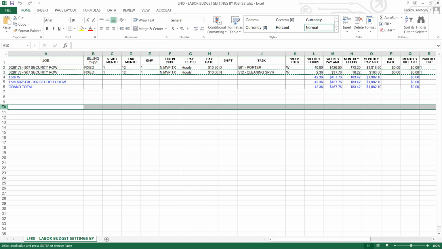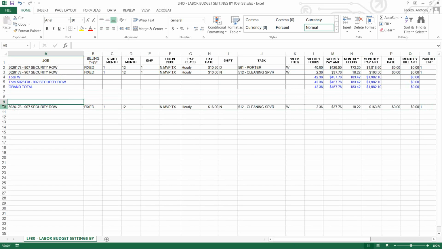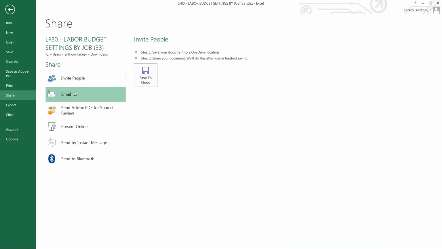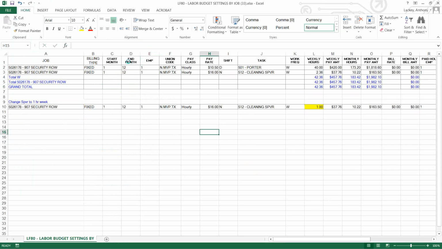It came down to a blank row, hit Enter, and I would just type in here, change supervisor to 1 hour a week, and come right in here, change this to a 1, and then it's highlighted in yellow so it's really obvious to them, and just hit File, Share, Email, Send Attachment,